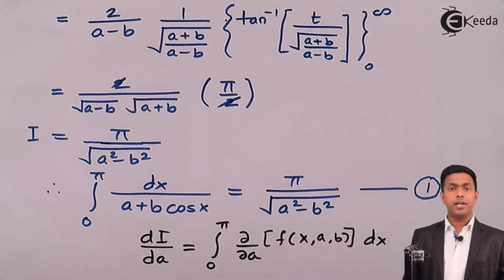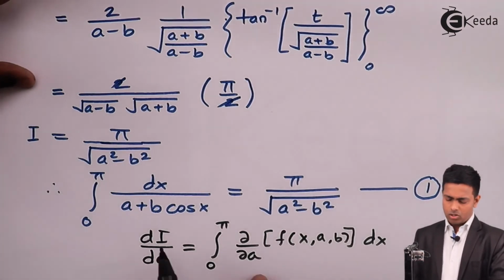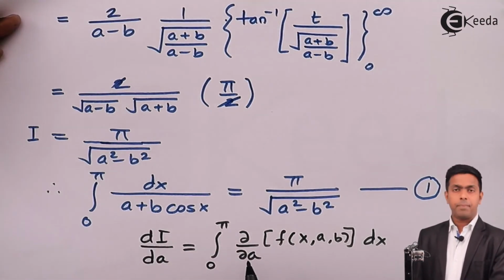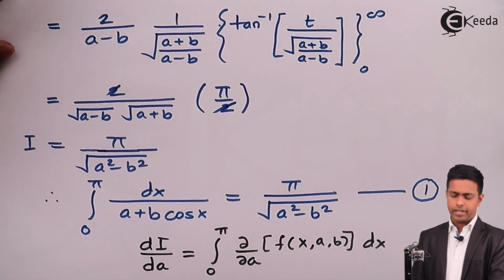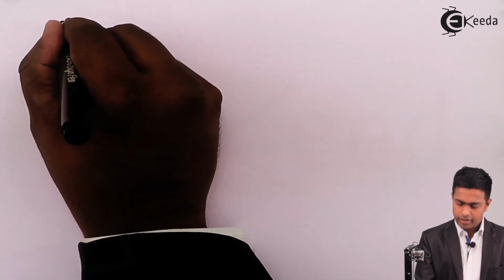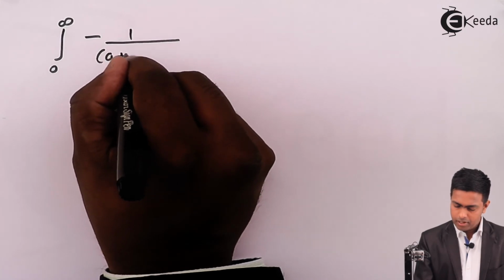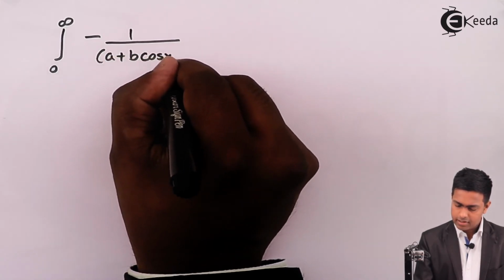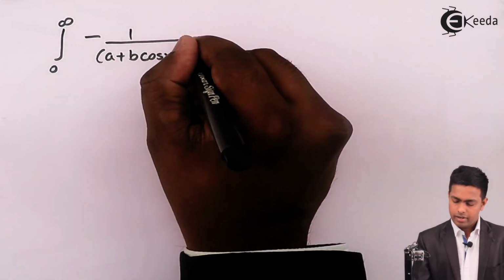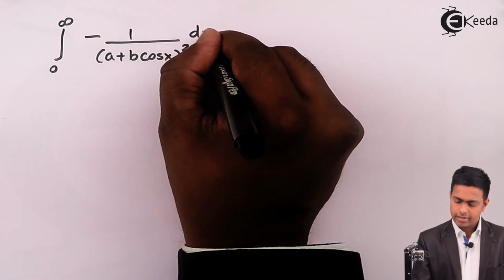So let's start. By partially differentiating with respect to a, we will get the integration from 0 to infinity of minus 1 upon a plus b cos x the whole square into 1 dx